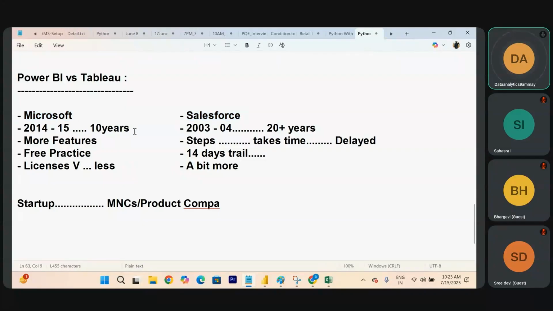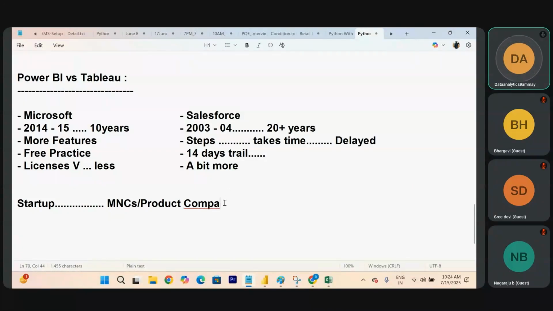It helps reduce the burden on your developer, and it reduces the time to deliver to the client. You can complete your project in less time compared to Tableau. It can also be completed in Tableau, but with a little delay. Nothing much bigger, but a little delay. That's why everybody is looking for Power BI now, and that is why the demand level is becoming very high. If you go for only Power BI, you can't get selected. That is why data analytics is integrated with multiple technologies. If the competition level is very high, you have to upgrade your resume. Then after that you can get the job easily.